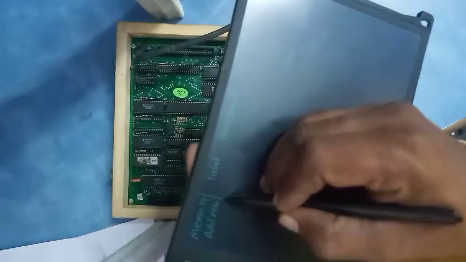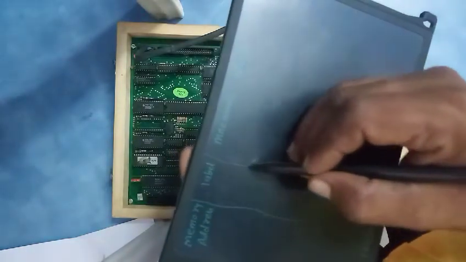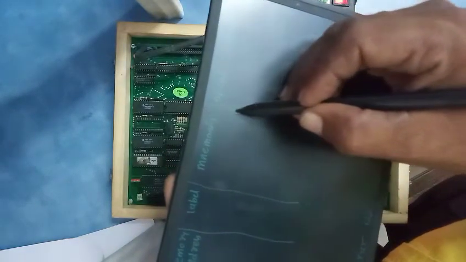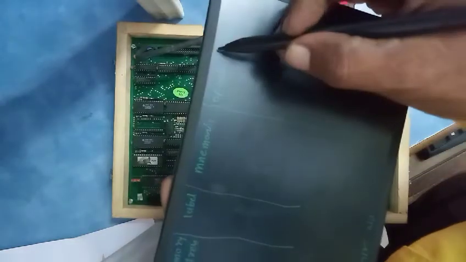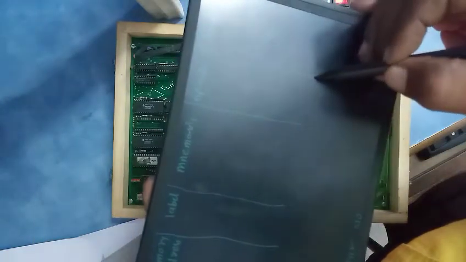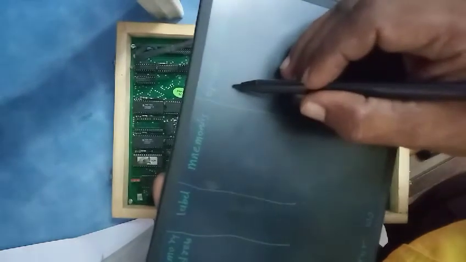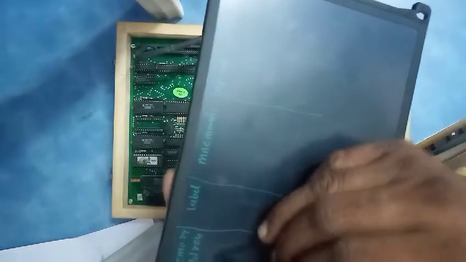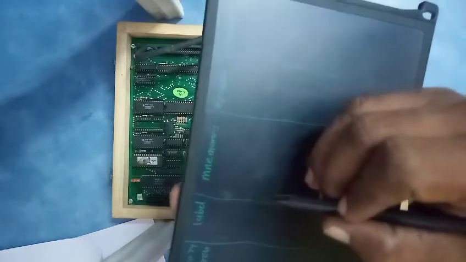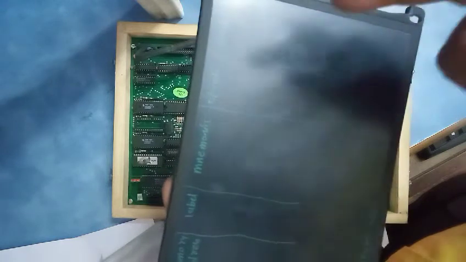You have to make the chart in such a way that it will look like this. The label is nothing but whatever address is going to be jumped to from one place to another, you have to write down that particular address in the label. Then the opcode, the code which is assigned to the mnemonic, we write here, and the comment is the meaning of the instruction. So for our program, we have to find the larger number from the given two numbers.